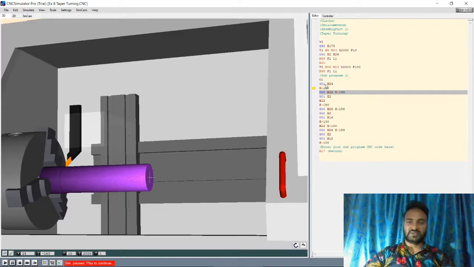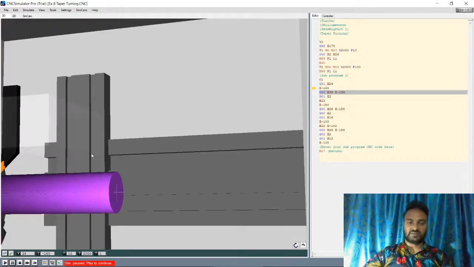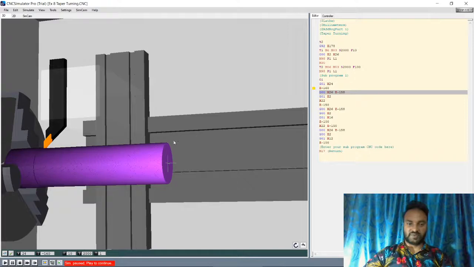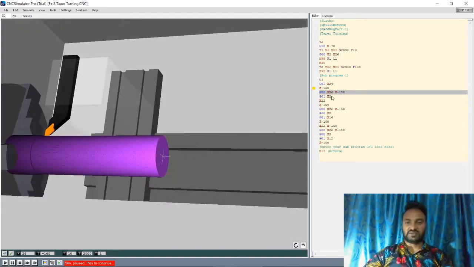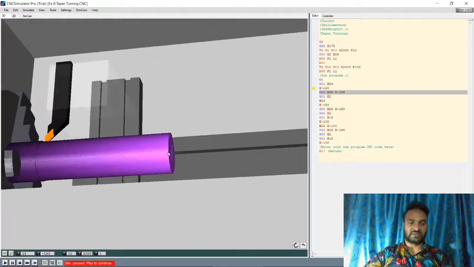Okay, so G01 after G20 X26, I will take the tool 2 mm inside, so it can cut 1 mm from all around the workpiece. So you see here cutting is only 1 mm because tool diameter is 50, tool radius is 25, and when you are writing X24 you are cutting for a 24 mm radius. Okay, so you are cutting 1 mm thickness of the material from the circumference.